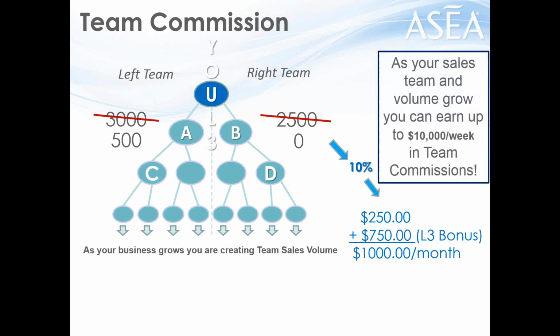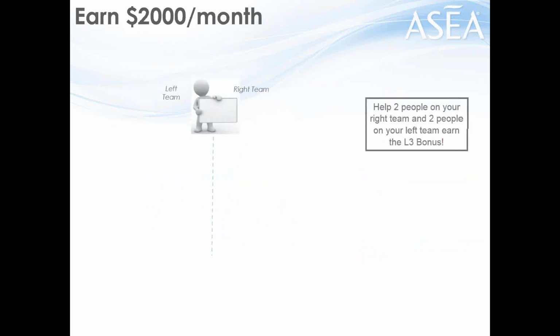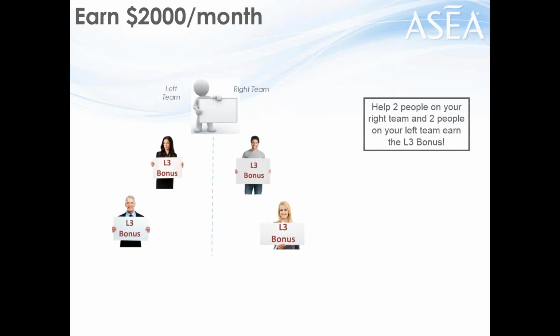Okay. And you can earn up to $10,000 a week, which equates to $40,000 a month just on this one part of the commission plan alone. Now, let's talk about getting to $2,000 a month. If you help 2 people on your right team and 2 people on your left team earn the L3 bonus,